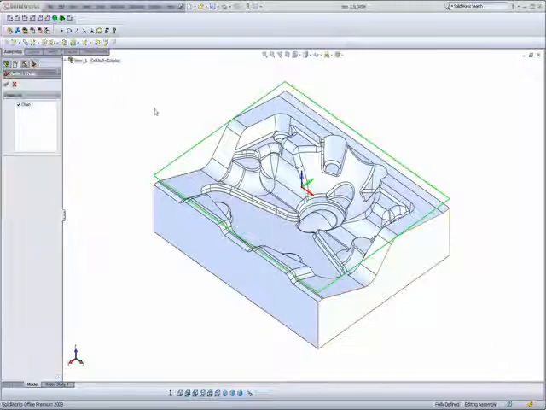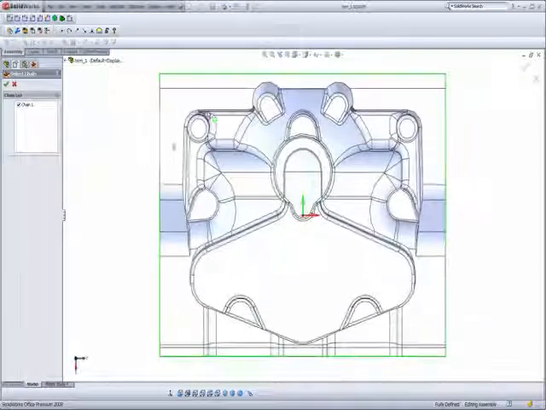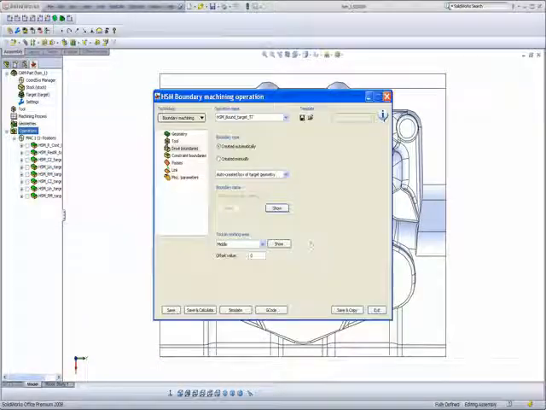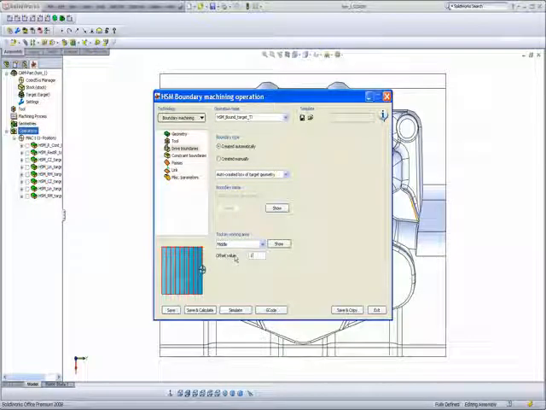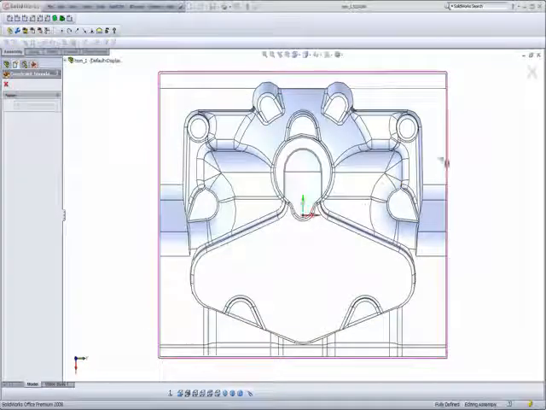And if I take a look at it, by the way, now from the top view, you see the exact border of the part itself. Now, what I'd like to do in this particular case is to work on the middle, but give it a little bit of an offset of, say, 1 millimeter, so that the center of the tool is actually 1 millimeter outside of the middle of the boundary. Let's take a look at the show, and you'll note now that the center of the tool actually will follow this